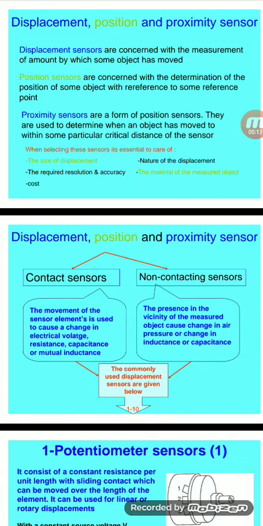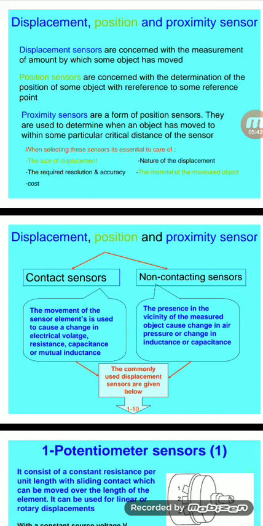Examples: the ultrasonic sensor detects a movable object or fixed object. The IR sensor detects a movable object and fixed object. The PIR sensor detects a movable object and fixed object. And the LDR detects a fixed object or movable object. Next, the limit switch also detects a movable object.